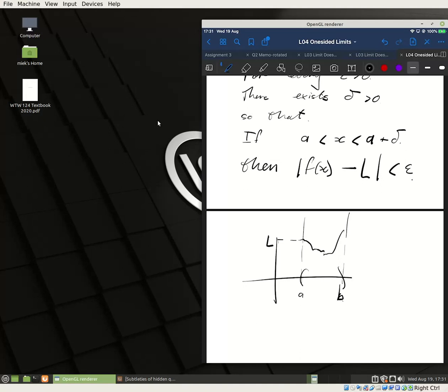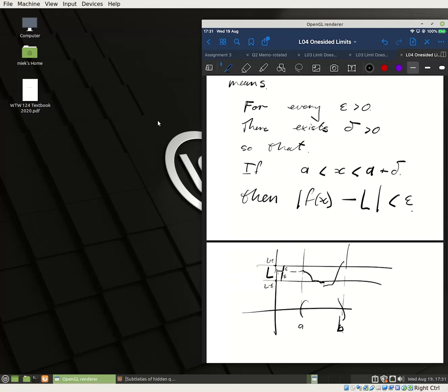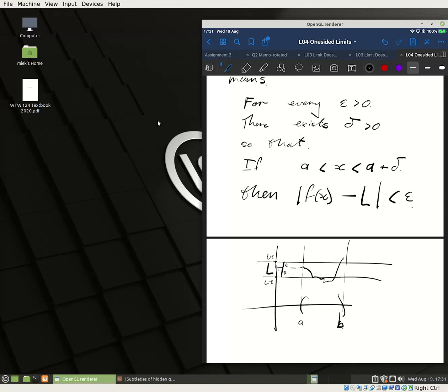So what this says is, if you look at this strip of radius epsilon, the top part will be L plus epsilon, the bottom part will be L minus epsilon. So it doesn't matter how big or how small you take this epsilon, you should always be able to find a delta, for example like so,